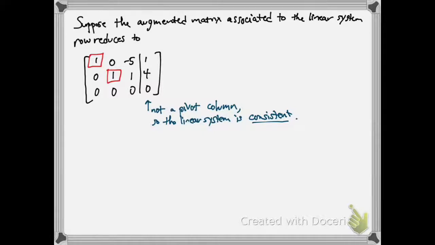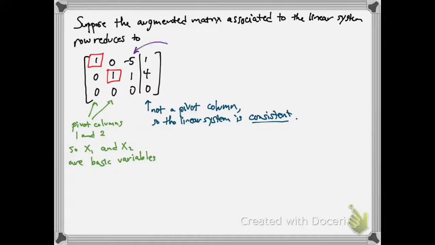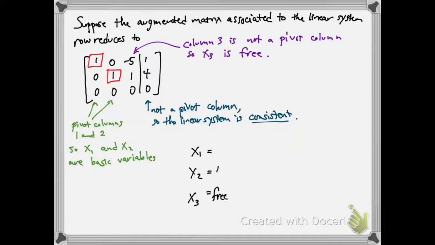It also tells us that we know what the solutions are going to look like in terms of free and basic variables. So the pivot columns are columns 1 and 2, which tells us that x1 and x2 are basic variables. Column 3 is not a pivot column, so it tells us that x3 is going to be free. And so the solution, x3 is free, x2 can be expressed as 4 minus x3, and x1 is 1 plus